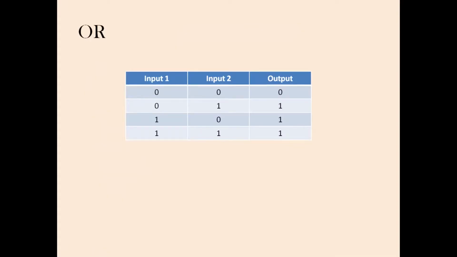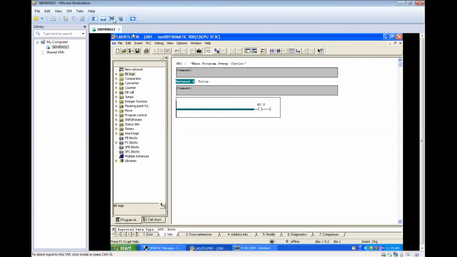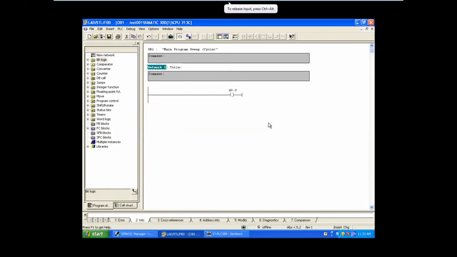Okay. So we'll see that from the first case, 0 0 0. Whenever you are not disturbing the input, output should not be happening. When you disturb the input, the second case 0 1, that time your output should be 1. So from this we get to know we need to use the normally open contact, right? I'll share the software, we'll see over there. Yes, so we need to use a normally open contact.